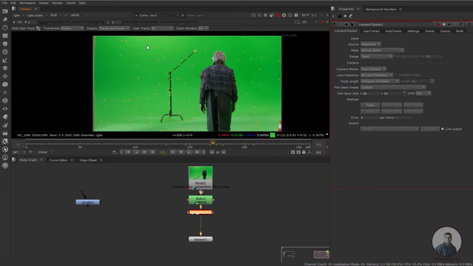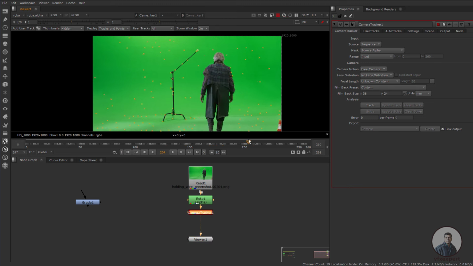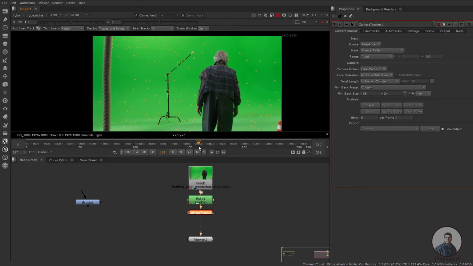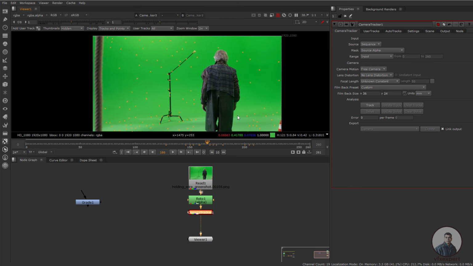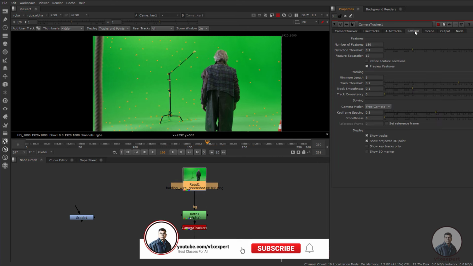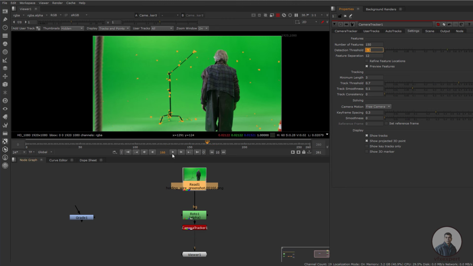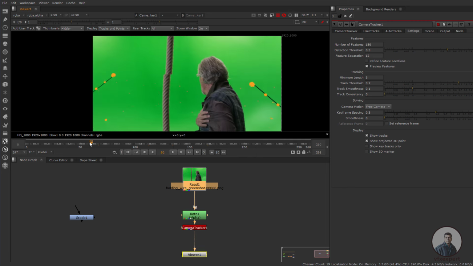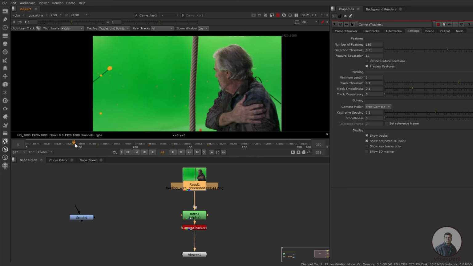Now if you focus on this point, it actually slips after some frames. For this I am going to do some settings. So again go to the settings tab. First we have to adjust this detection threshold. Now you will see that in this frame, there are no points on this